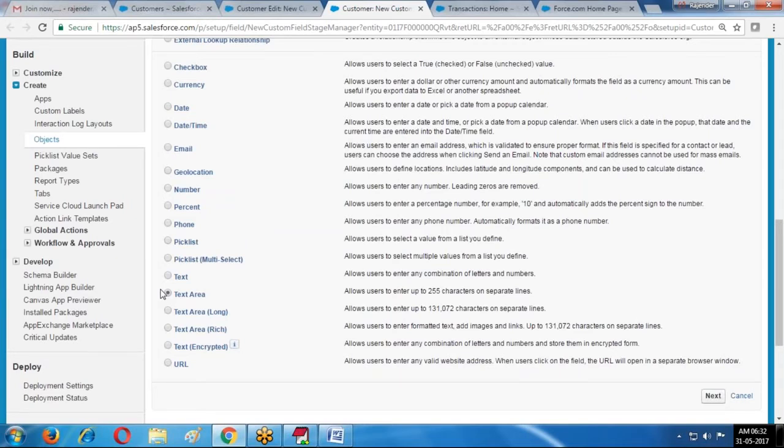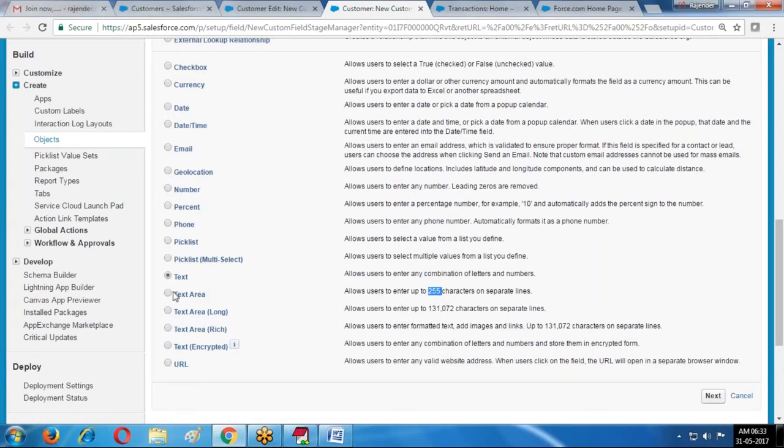If I select the text, only 1 line and 255 characters. Maximum characters it is allowing 255 characters.